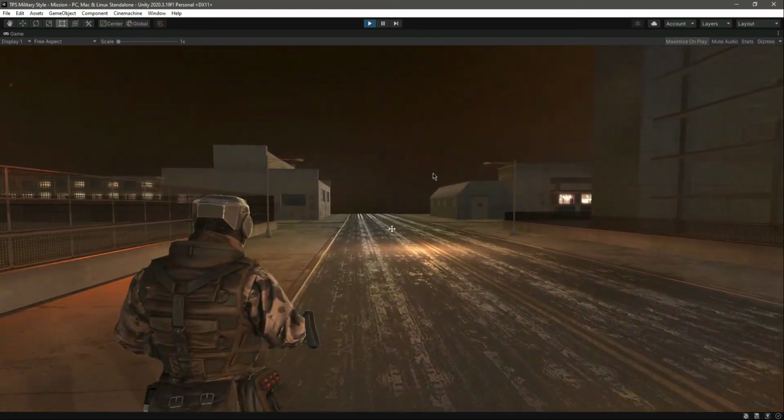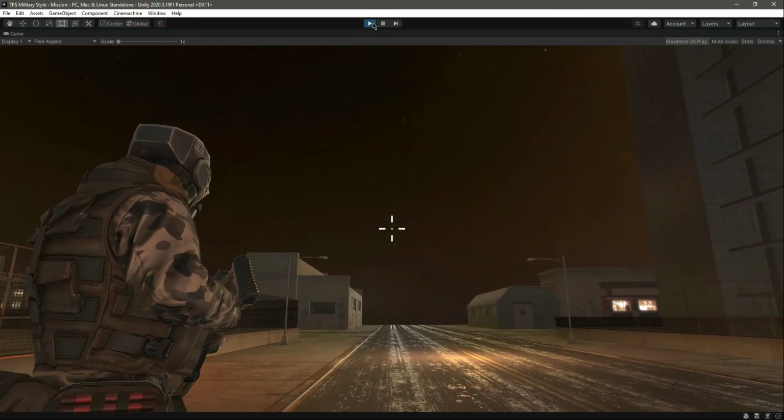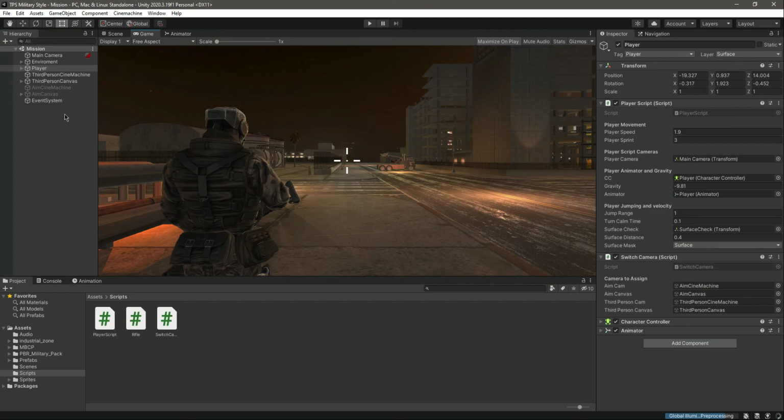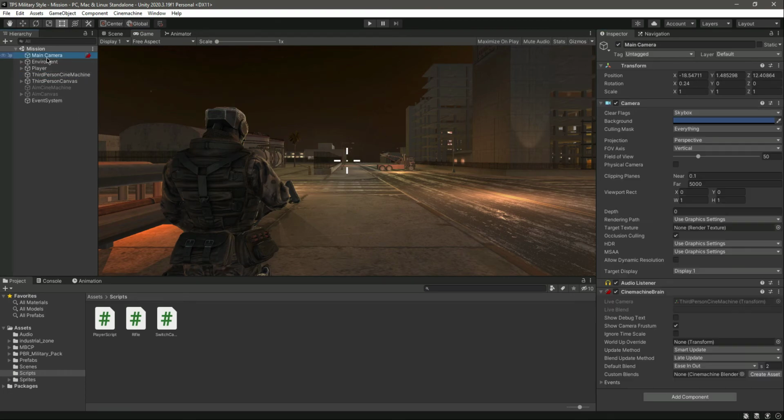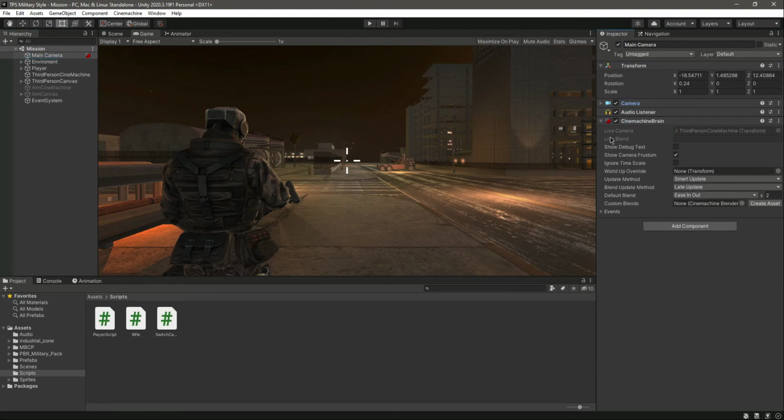Okay, so let me just close that. And so if we click on this main camera, inside this Cinemachine brain, as you can see, we have this default blend, and it is set by default to ease in out, and the seconds are 2. So let's change the seconds to 0.01, and now if we play the game,